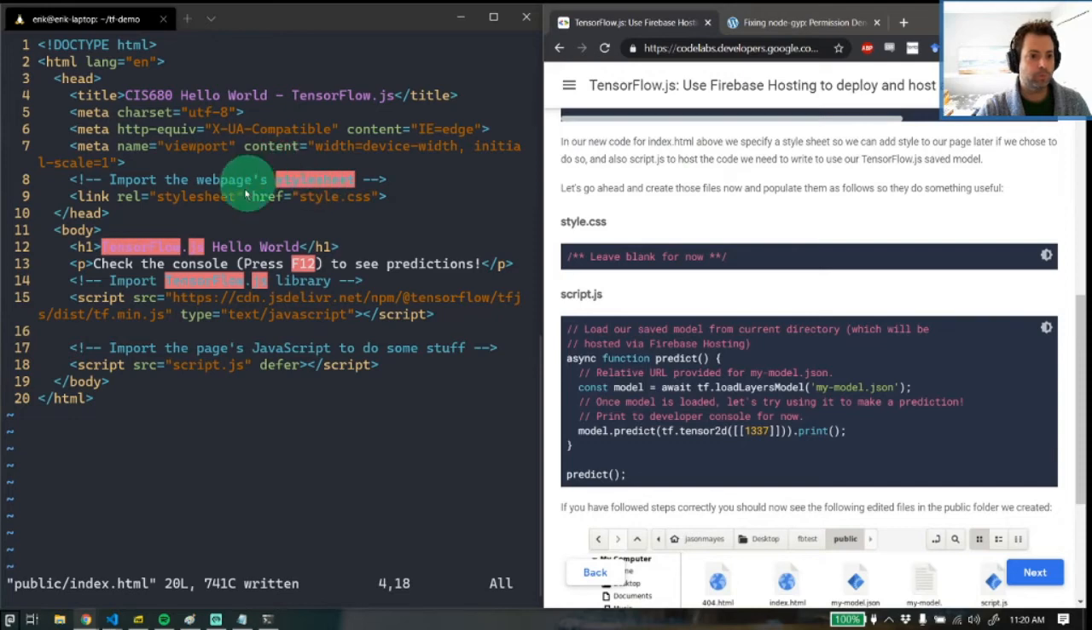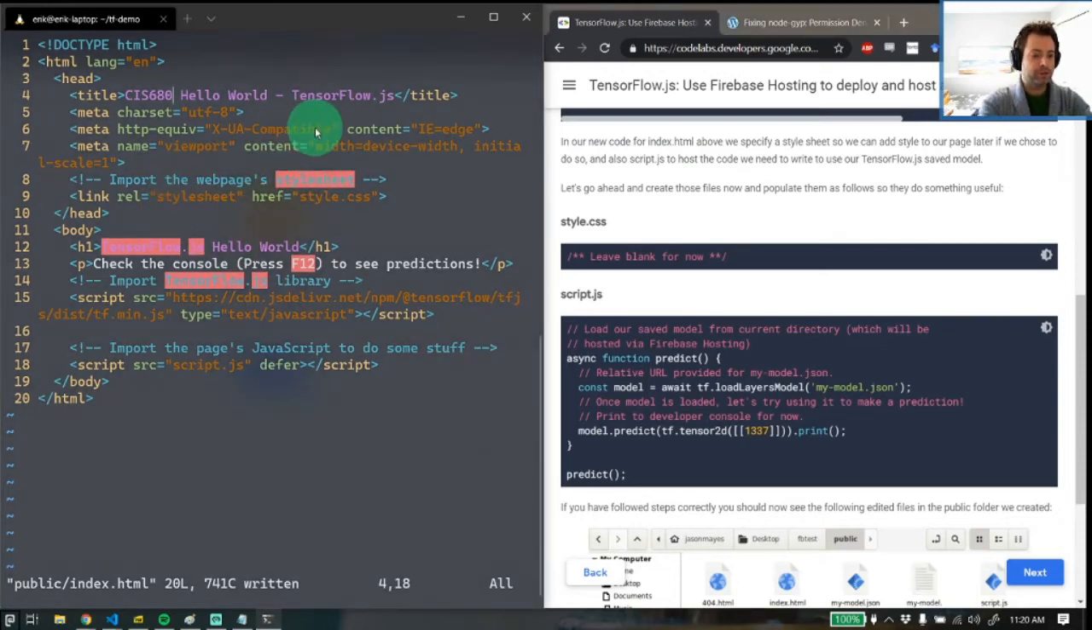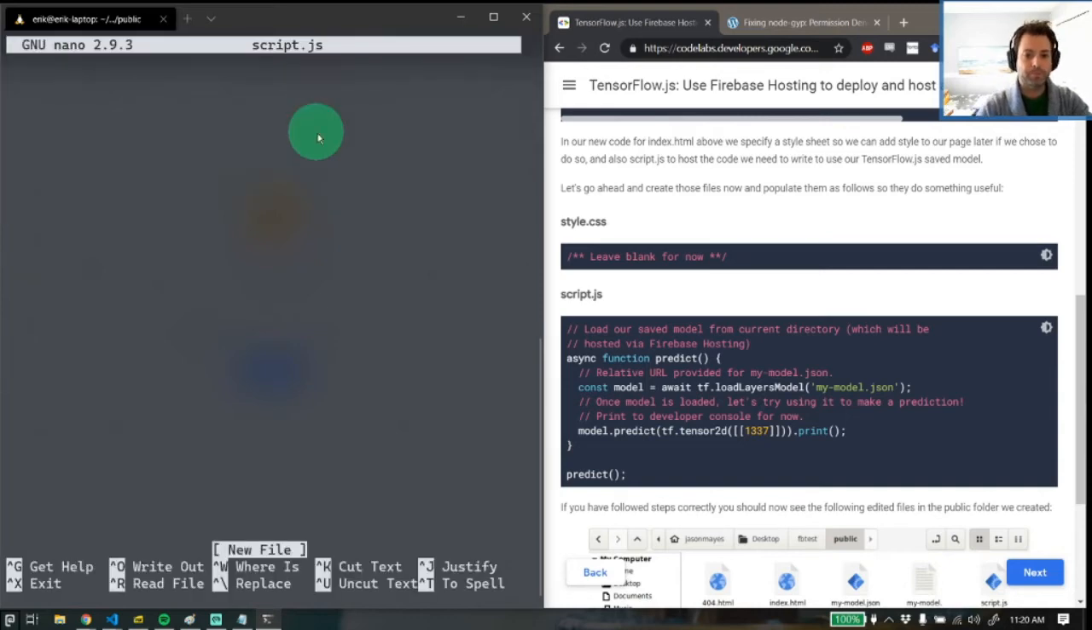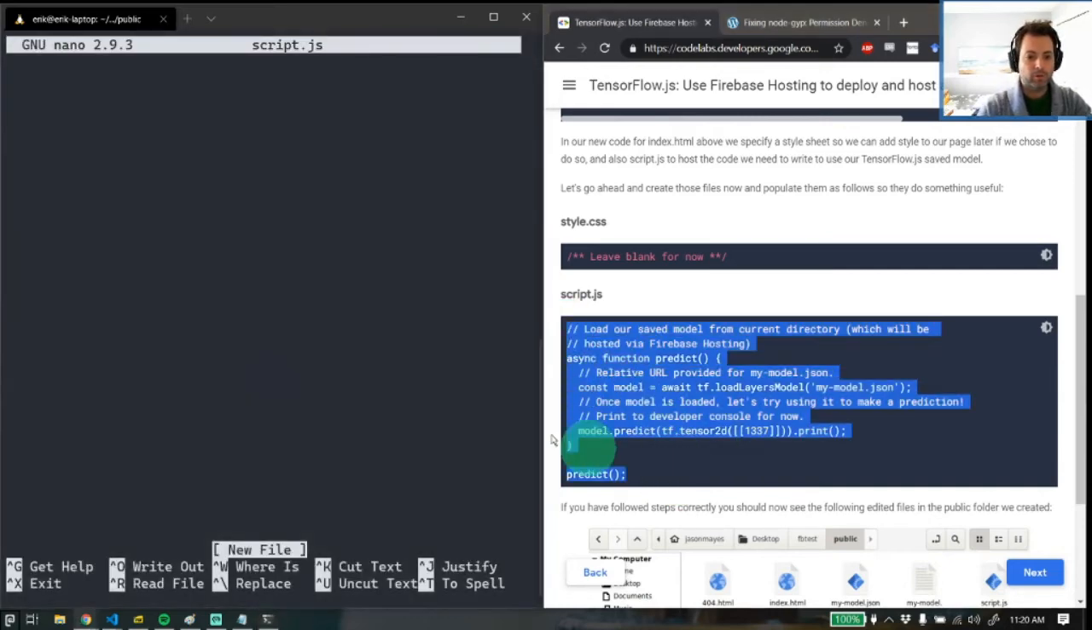So we're going to, let's see, we need a style sheet. So let's just go into public. Vim, we'll leave style in for now. It says vim script.js. What we're going to do here